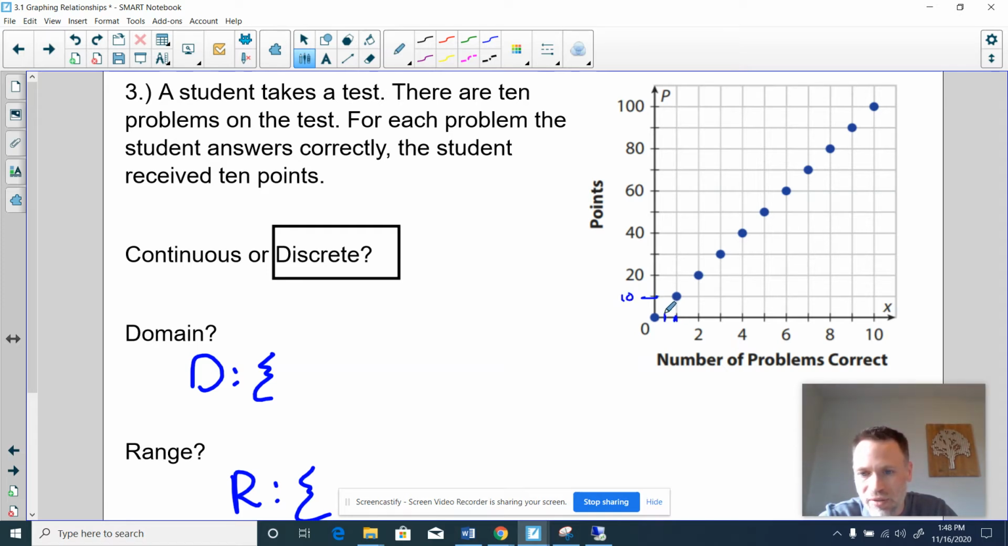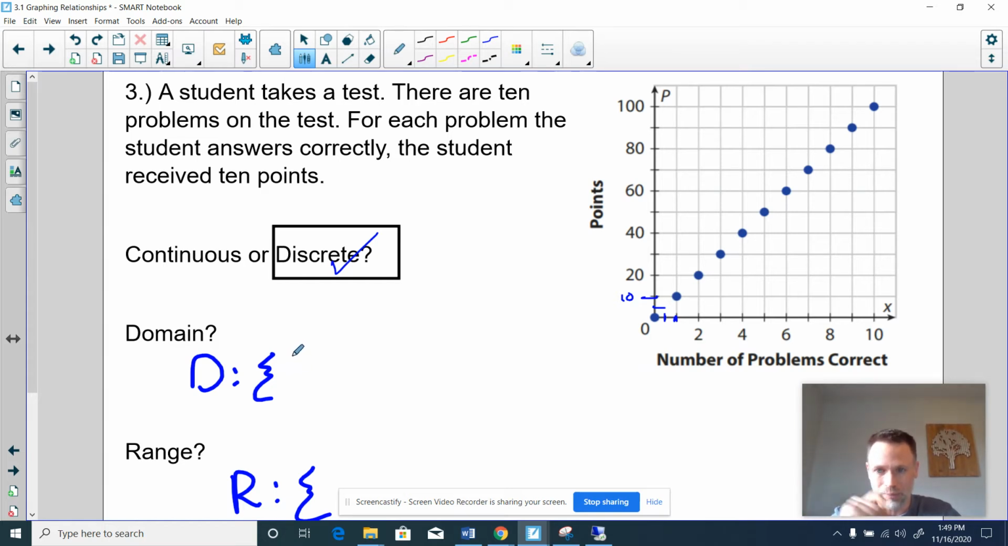I can't answer half a question, right? And get 5 points. It doesn't exist. That doesn't happen. So because it's not something that actually can happen, I can't put it on the graph. So that's why a discrete graph makes the most sense here. The situation calls for it. Now, when we write a discrete graph domain and range, we literally list out every single number that could be